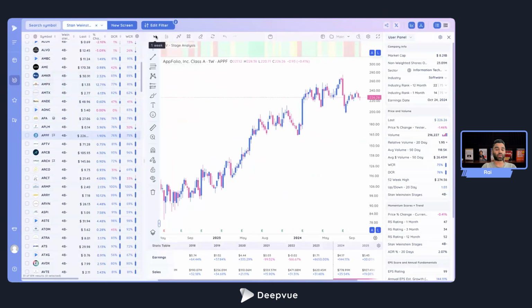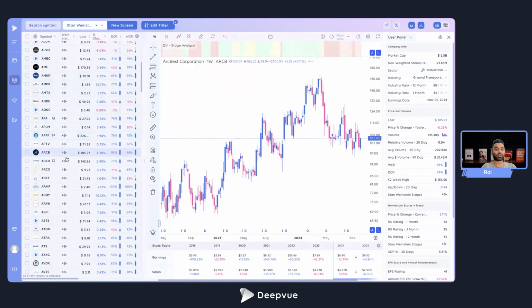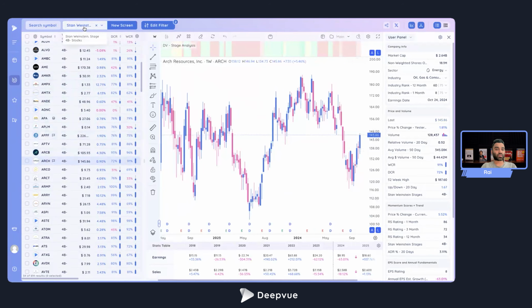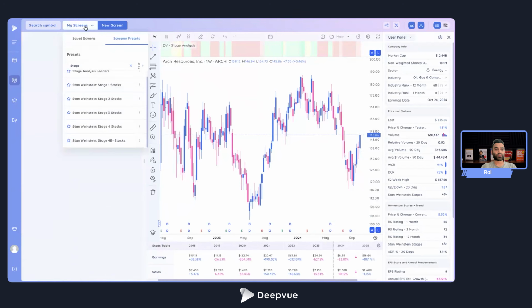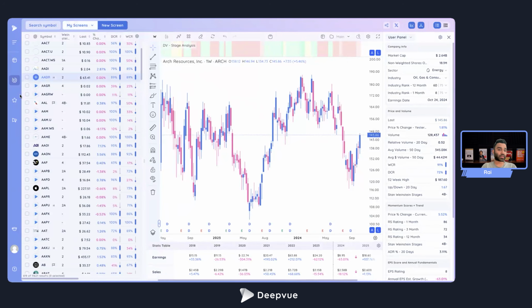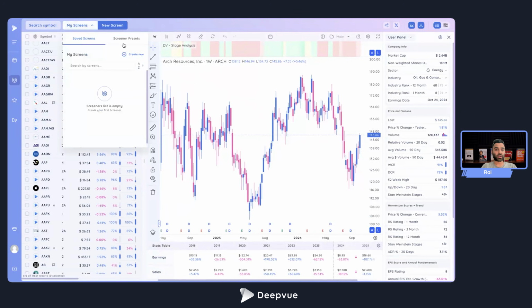and how he approaches it on the daily and the weekly is really, really good. Now, these are the scans. So we have stage 1, 2, 3, 4, and 4B minus. What you could also do, and what I like to do, is if we go to presets, and I